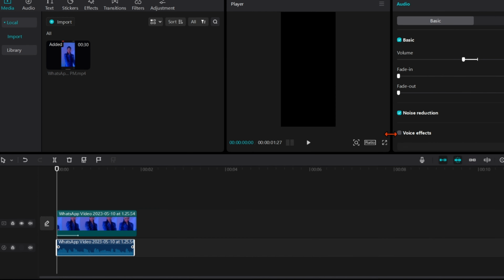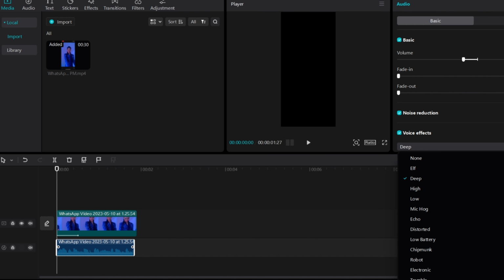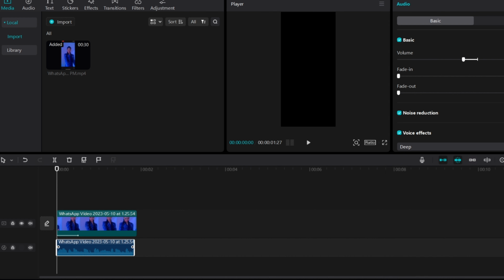Okay, moving further, if you want to add voice effects to your audio, you click on this voice effect and you allow it to load. You need internet to be able to load all the voice effects, and you pick any one of them. I've downloaded some, but you just download it. Once you tap on it, it's going to be added to your audio. I'm not going to add any to this audio because of a copyright on the audio that I use for this video. Now, moving on,